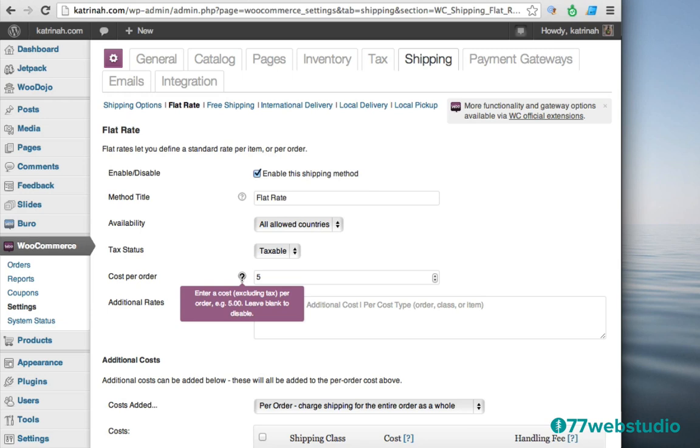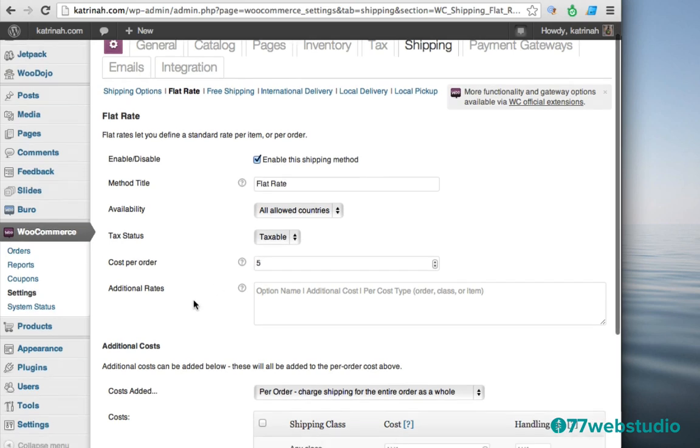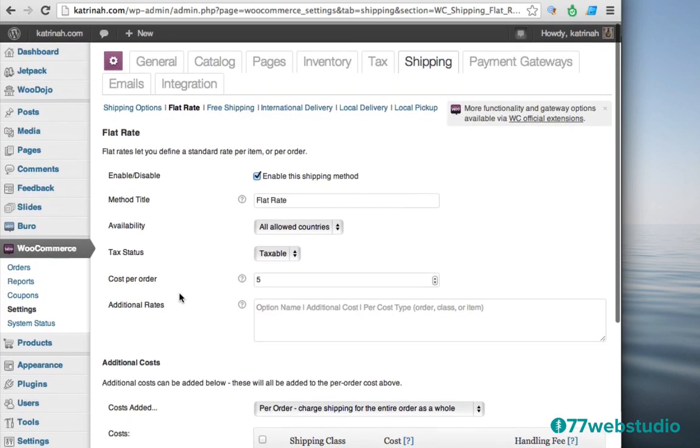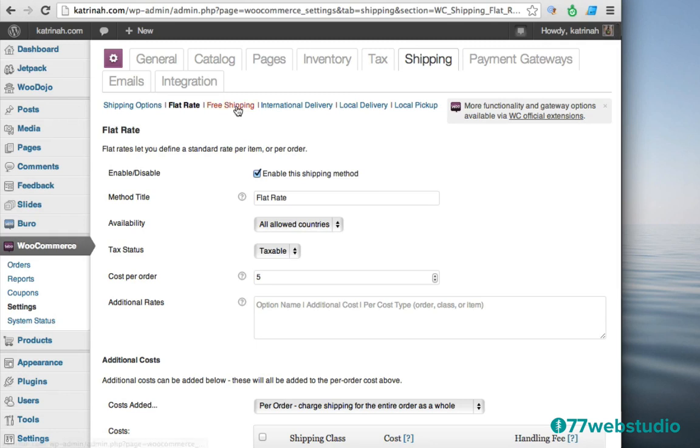So if you wanted to add a shipping cost of $5, you would simply check this box, make sure that the method title says flat rate, maybe put $5 if that's what you'd like, and then come down below and click on Save Changes. Then you would need to disable free shipping. So I'm going to click on free shipping right now.